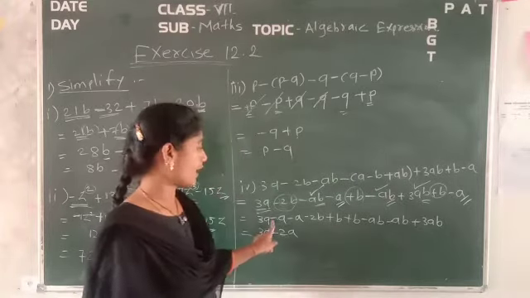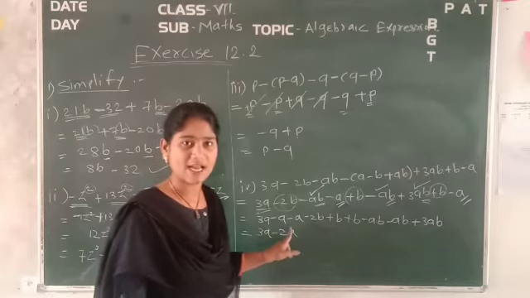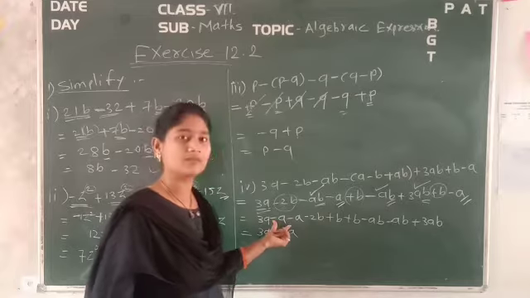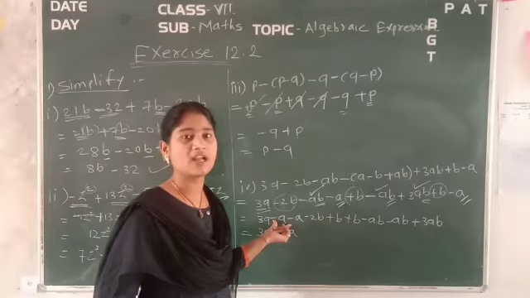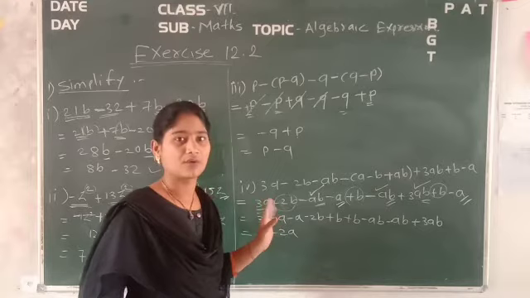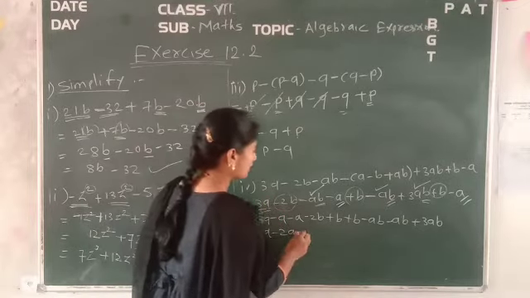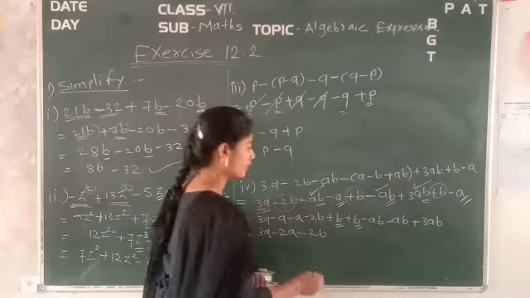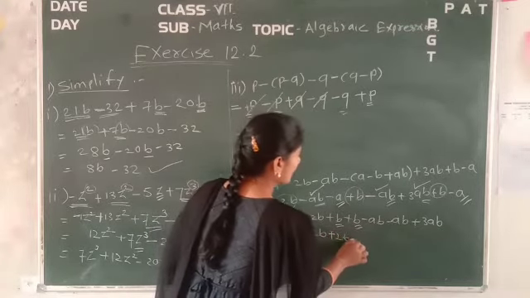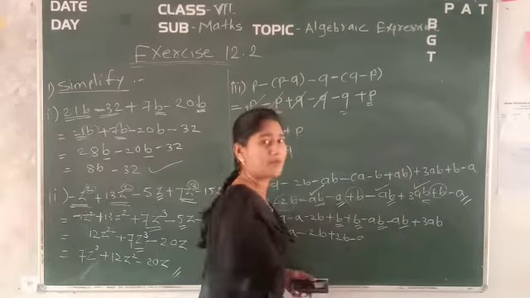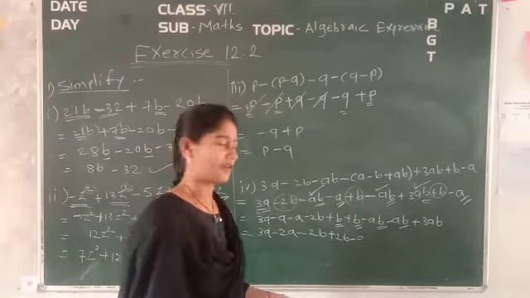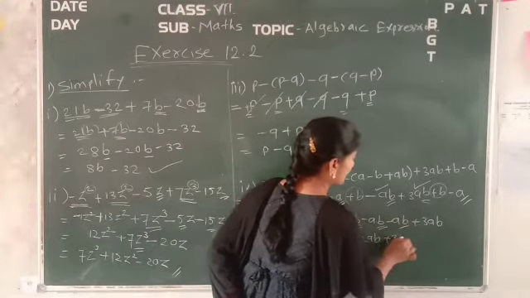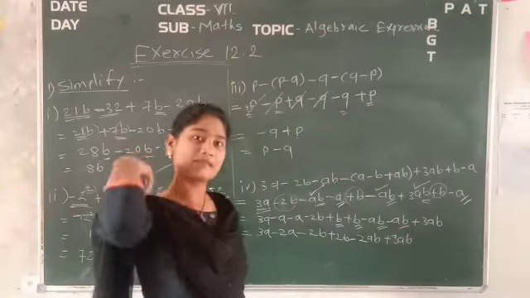Why? Because again we have the same sign, same subtraction, so we have to do addition. But whatever sign is given for the particular number, that same sign you have to put down. So that is minus 2a. So minus 2b will remain as it is, plus b plus b. So it will be plus 2b minus ab. Now see, this is minus ab, so minus 2ab. Write down minus 2ab, and this is plus 3ab.